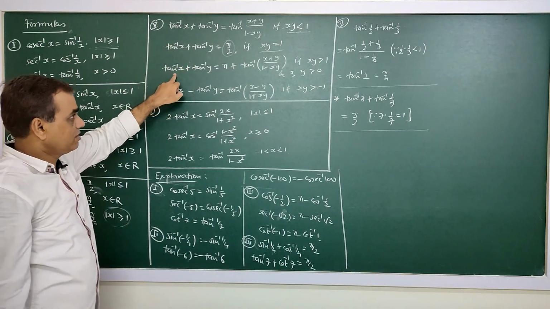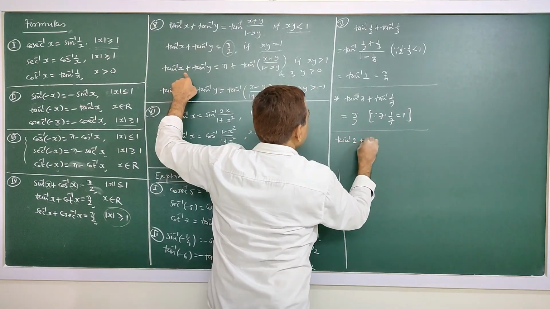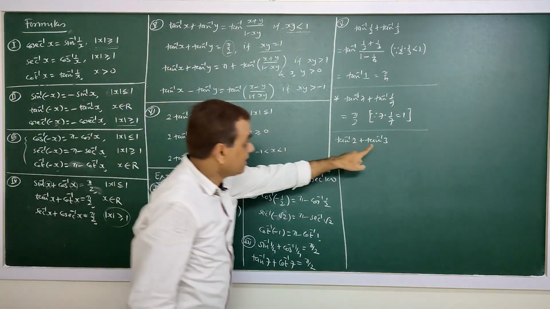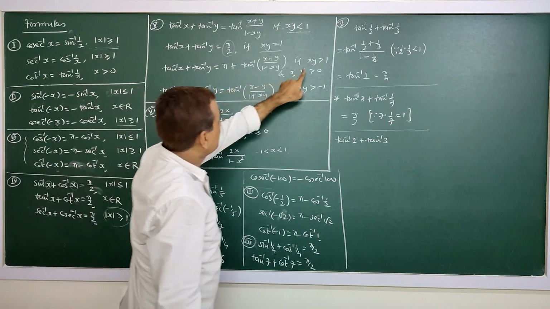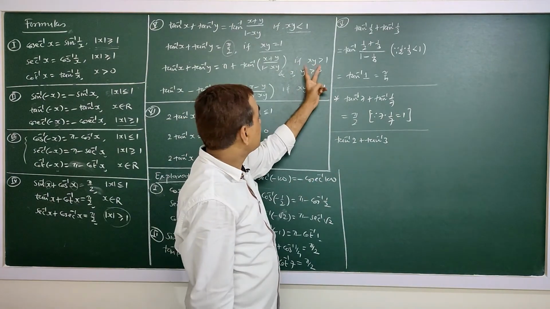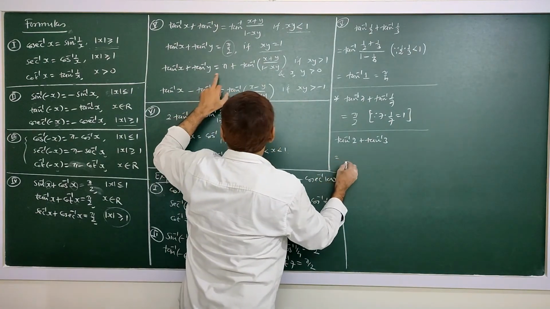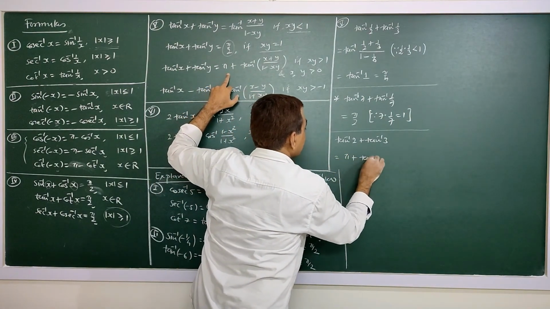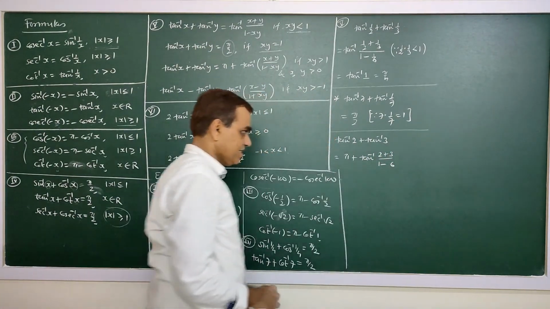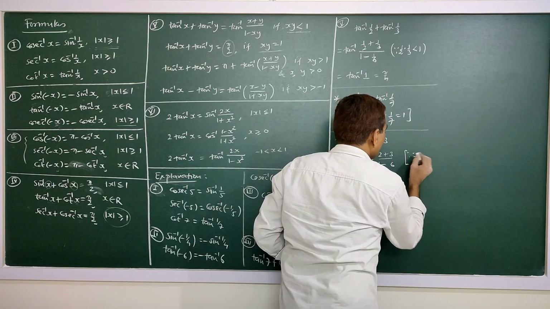Now suppose I take x equal to 2 and y equal to 3, taking numbers such that the product is more than 1. So here 2 into 3 is 6, and 6 is more than 1. So applying this formula, it is equal to pi plus tan inverse of (x plus y) upon (1 minus x into y), because 2 into 3